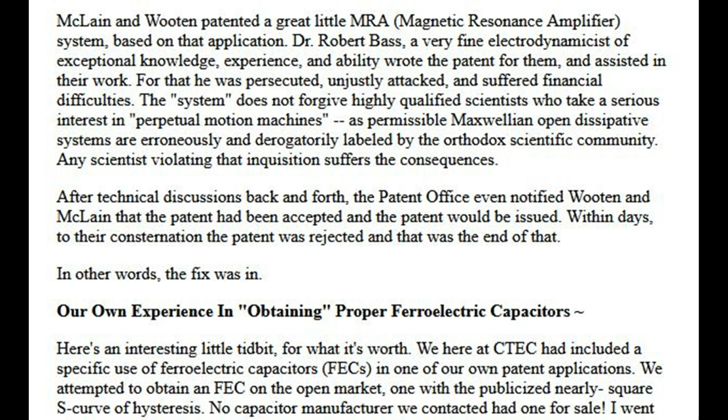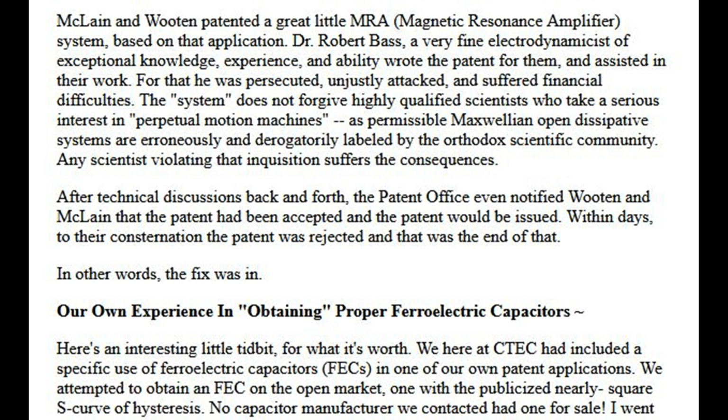After technical discussions back and forth, the Patent Office even notified Wooten and McLean that the patent had been accepted and the patent would be issued. Within days, to their consternation, the patent was rejected, and that was the end of that. In other words, the fix was in. Our own experience in obtaining proper ferroelectric capacitors: